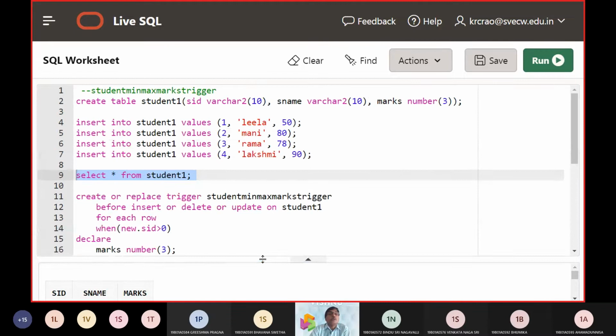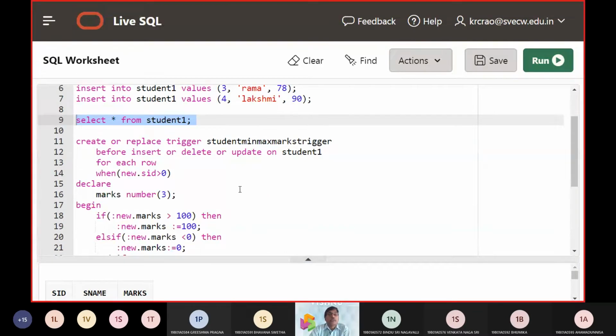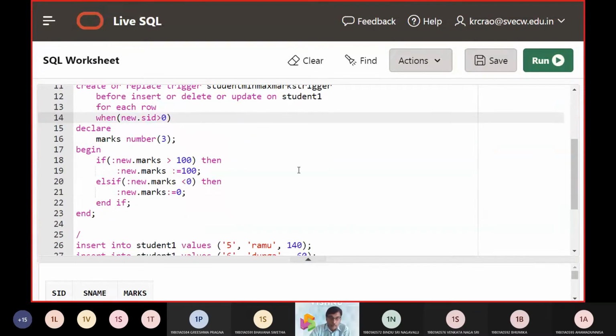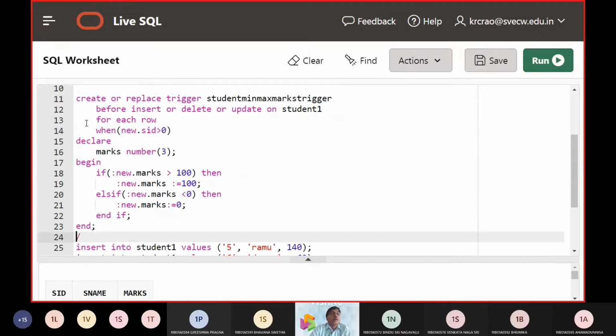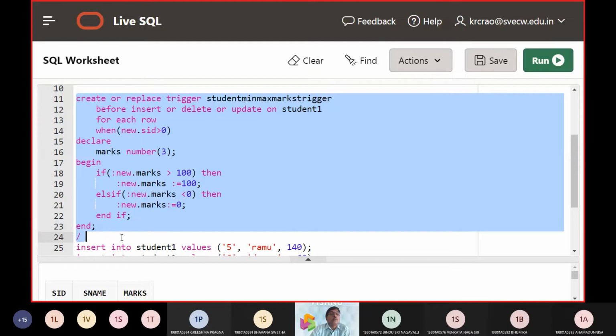Now our point was to demonstrate the row level trigger. So to do this, we are creating the trigger with create or replace trigger, and the name of the trigger is student min-max trigger. It is going to happen before insert or delete or update, and it applies to each row.